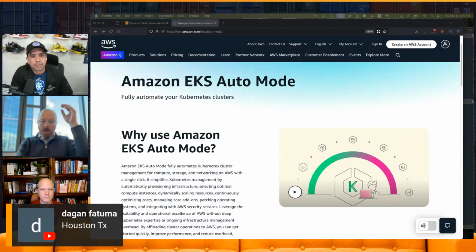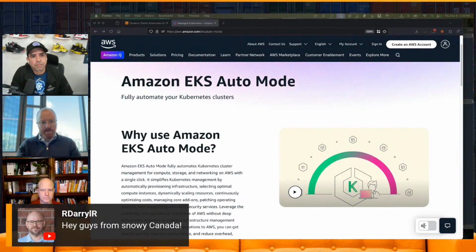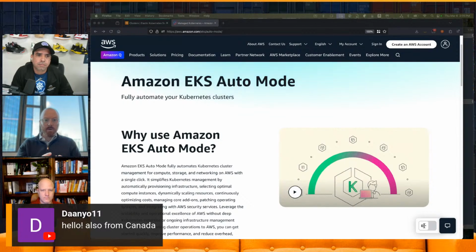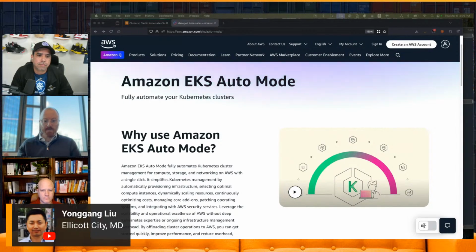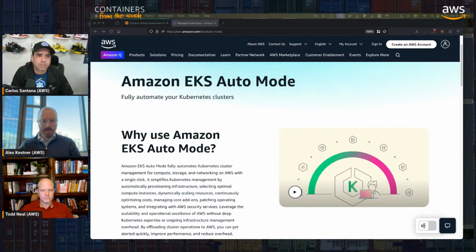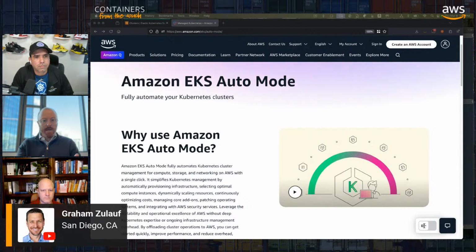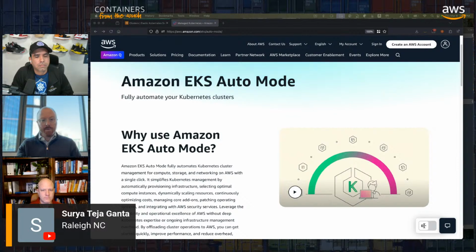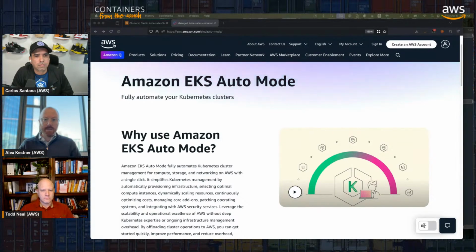Yeah. So one of the things that we knew needed to be true for Auto Mode was that it had to be something that customers could adopt gradually. Customers at large organizations, or organizations with a lot of different applications running on their clusters, know very well that different applications have different levels of maturity and readiness for new tooling or different kinds of innovations in Kubernetes and from AWS. So we knew from early on that it had to be something you could introduce gradually into a cluster. And so Auto Mode is a capability that you can enable in any existing or new EKS cluster